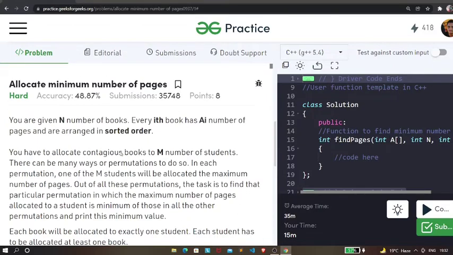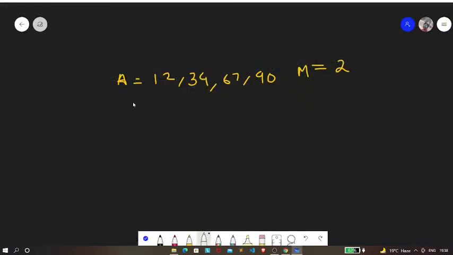So now let's understand this question with an example. Let's consider this example. Over here the number of books is nothing but 4, right? So let's consider n to be the number of books and it is 4. We are given the number of students as 2, and the number of pages for each book is 12, 34, 67 and 90.